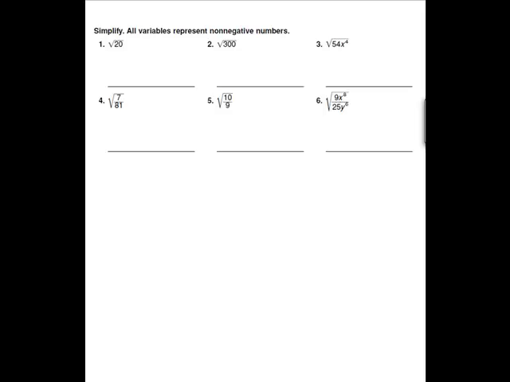Okay, now finishing up for where we left off with part one, here's a couple examples that we covered today in class, and we're going to start with the square root of 20. When we look at the square root of 20, remember that we want to look at the factors of 20. So we know that we have 1 and 20, we know that we have 2 and 10, but neither one of those satisfy us with a perfect square, so it's not going to give us any type of advantage to simplify. So we look at 4 and 5, and we can see right away the square root of 4